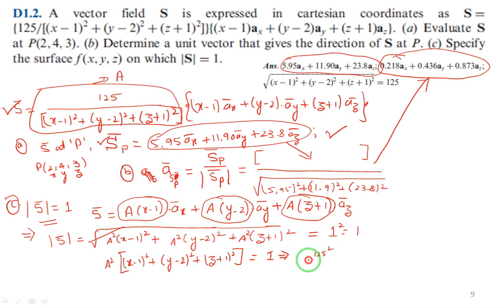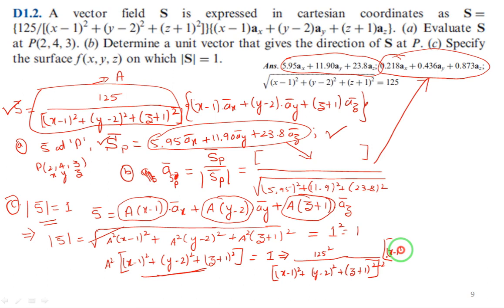So 125 square divided by this entire thing, x minus 1 whole square plus y minus 2 whole square plus z plus 1 whole square, but whole square they are given, so this is square into this term. This remaining term I have to write here,